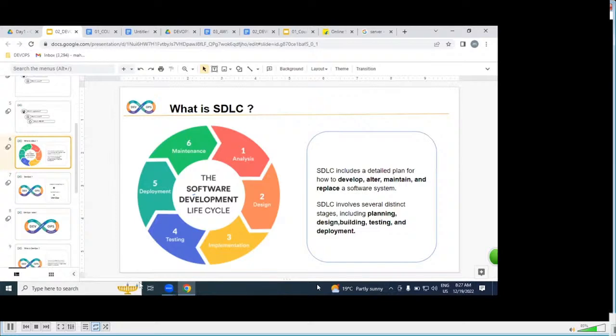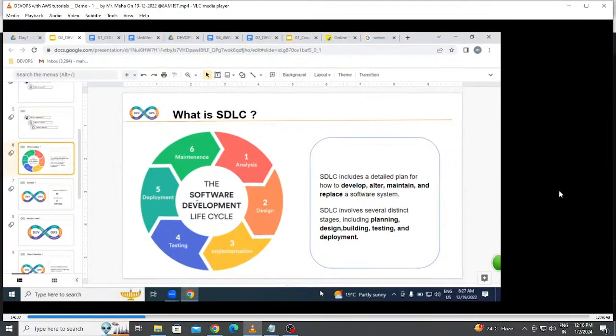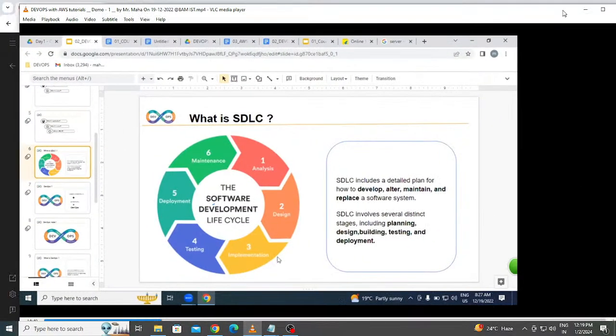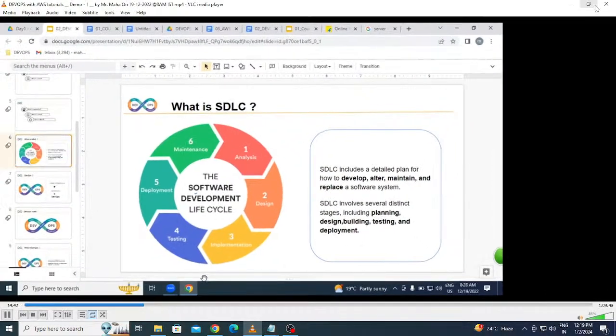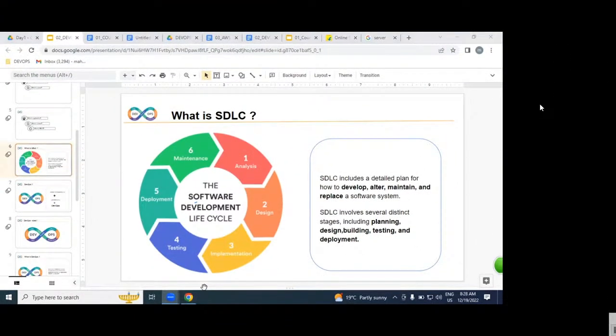If you don't know, say no, I don't know. Can you reply in the chat box, all of you? Who knows, who doesn't know? If you reply, I can explain more about this. Everybody knows it, we can move forward. I think somebody knows, somebody doesn't know, but let us discuss this.